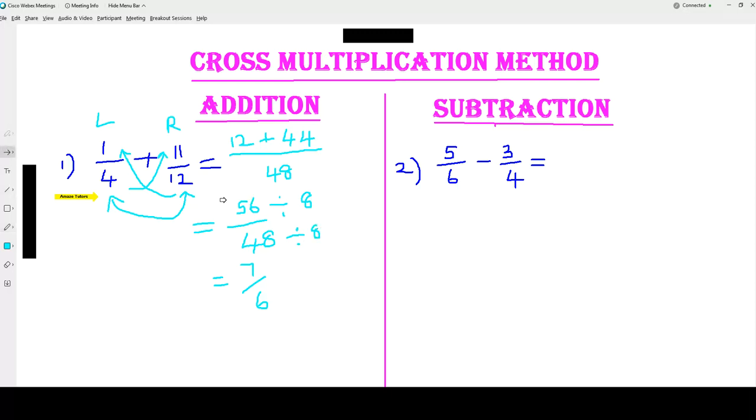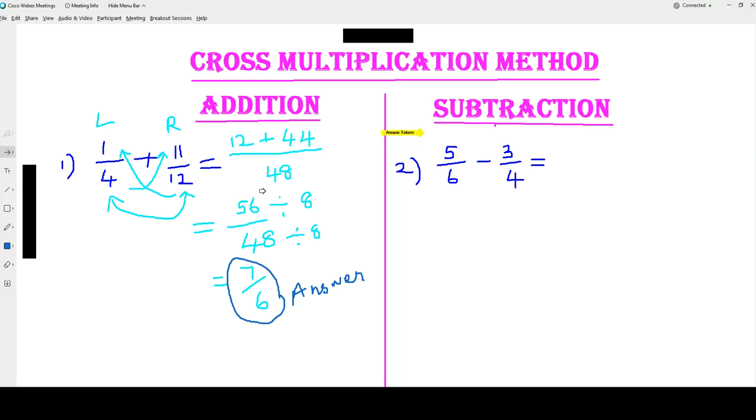Other common factors are even 2 and 4, but we should consider the highest common factor to make it simpler in a single step. If you are not getting the greatest common factor at a stretch, no worries. Start from 2, keep dividing by 2, you will end up with the final answer. But make sure that the final answer is in the lowest terms, or it is already in simplified form. Because if you are not giving the final answer in the simplest form, you are not going to get full marks. So be very careful.